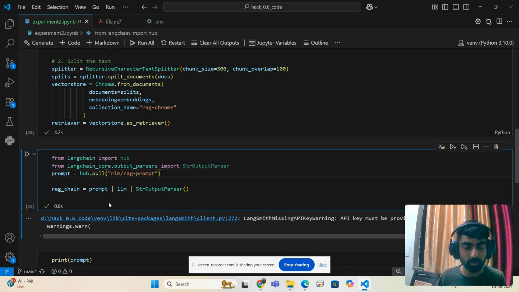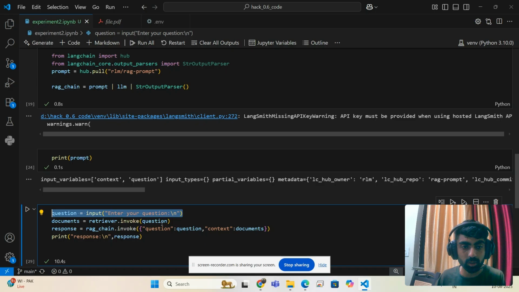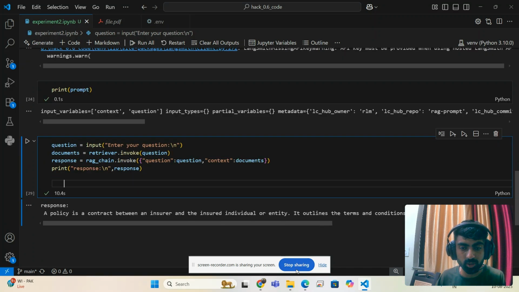First of all, in the RAG chain there will be a prompt. That prompt will have the question along with relevant documents. That prompt containing the question and the relevant documents will be sent to the large language model, and we will get our expected response. But this response may contain some meta information or irrelevant information. This will be filtered by using the string output parser. And finally we have our basic final response. So now here we will take the input question from the user. We will get the relevant docs from the vector database. We will send both the question along with the documents to the LLM, then we will get the response. This is how our RAG works.